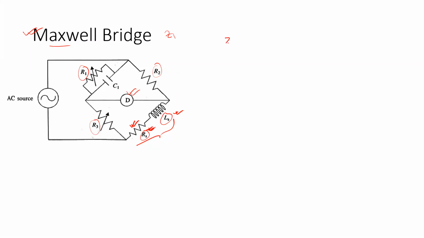In Z1, we have a resistor connected in parallel with a capacitor. Let me put a bar over Z1 to indicate the complex quantity. This resistance R1 is connected in parallel with the capacitive reactance. So if we take the parallel combination,